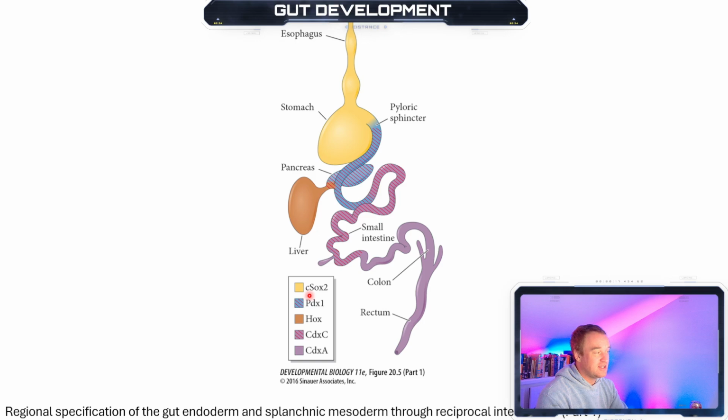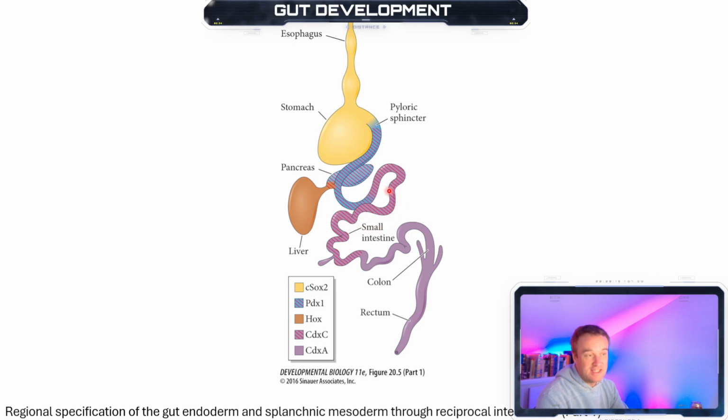So the stomach develops as a dilated, expanded region of the gut closest to the pharynx. And then as you can see here, we have SOX2, which is specifically expressed in the esophagus and the stomach. As you move further down the digestive tract here, we would have the small intestine. So PDX1 and CDXC are what start to